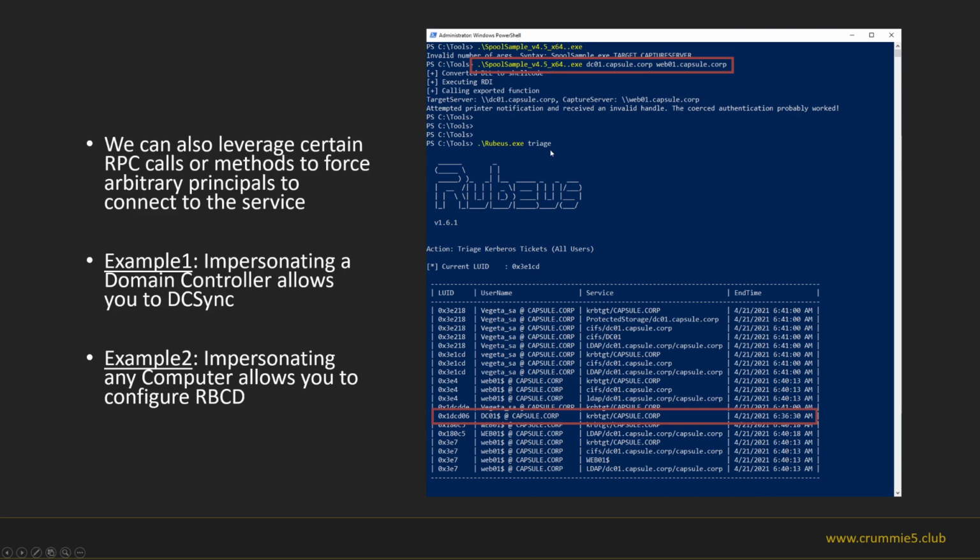We can see that indeed the domain controller connected to our Web 01 service, and he dropped his own TGT. If we have the TGT of a domain controller, we can impersonate a domain controller. And domain controllers have replication privileges, so we can use that to run a DCSync attack.